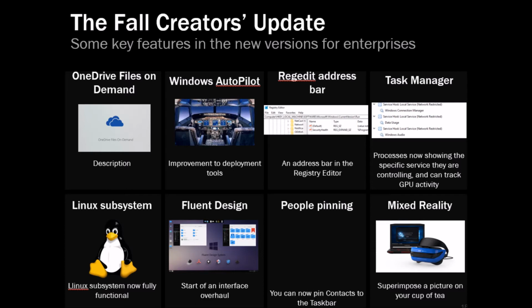But the other thing that, from an enterprise perspective, really, is almost not a new thing with the Fall Creators Update. I think it came along with the Creators Update, but it's the Windows Autopilot stuff for deployment. Now, I think that looks particularly interesting, because it's kind of like the Apple device enrollment program, where you don't have to do a complicated operating system deployment. You literally just connect up to the cloud and you give it the MAC address or whatever else it needs, and then it literally just goes straight down there and brings it all into management and gets it all sorted out for you,